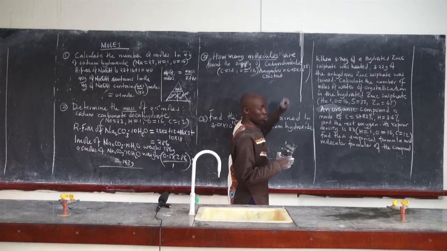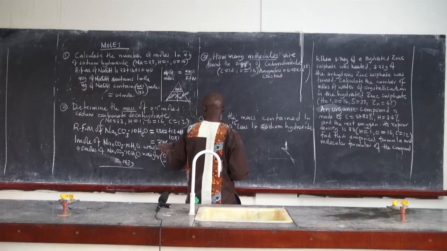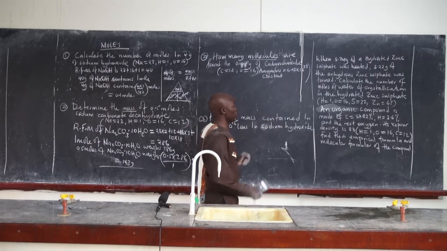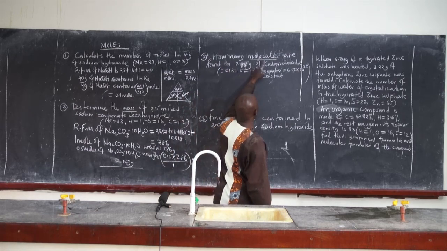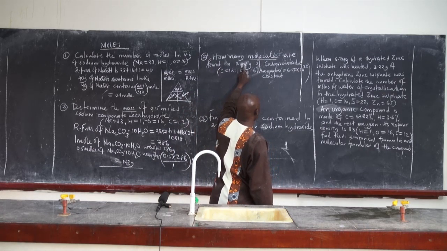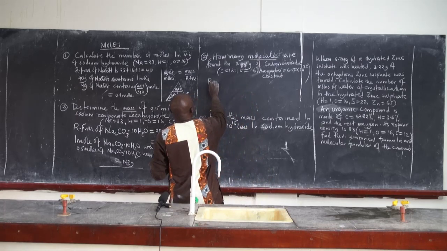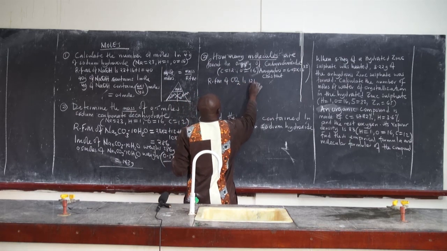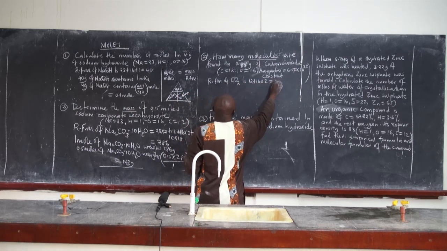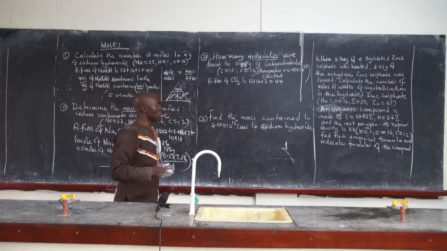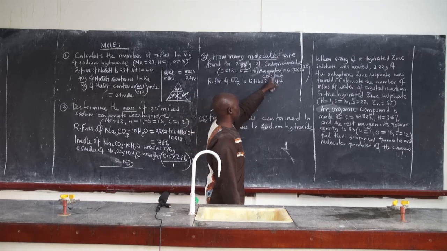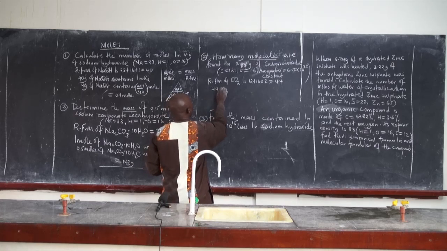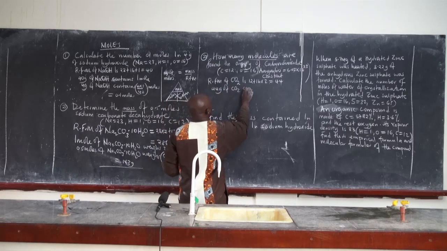So this corresponds to 1 mole. Right? The RFM was corresponding to 1 mole. So the Avogadro's number corresponds to 1 mole. That should be paid your attention there. So now, how many molecules are found in this mass? The question has given me mass, I need RFM there. Since if they give mass, find RFM. Carbon dioxide is 12 plus 16 times 2, which gives us 44. Now, understand that this RFM is for 1 mole, Avogadro's number is for 1 mole, so we can relate these ones. So 44 grams of carbon dioxide contains